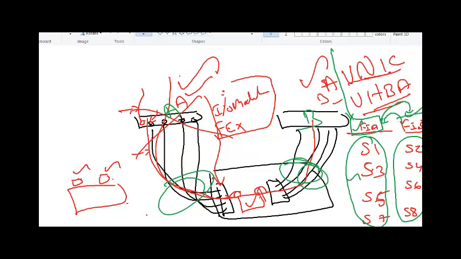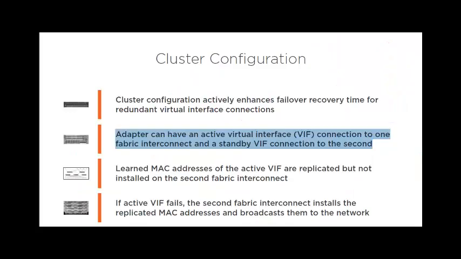When will it get installed? In case Fabric Interconnect A goes down, B will know that A has gone down. So those MAC addresses which were earlier replicated from Fabric Interconnect A will now be installed into the MAC table immediately, so that even these servers can go through B. That's what it means here. Learned MAC addresses of an active VIF. I told you,